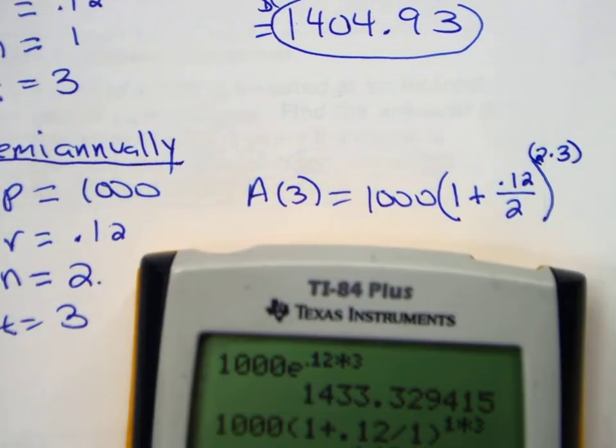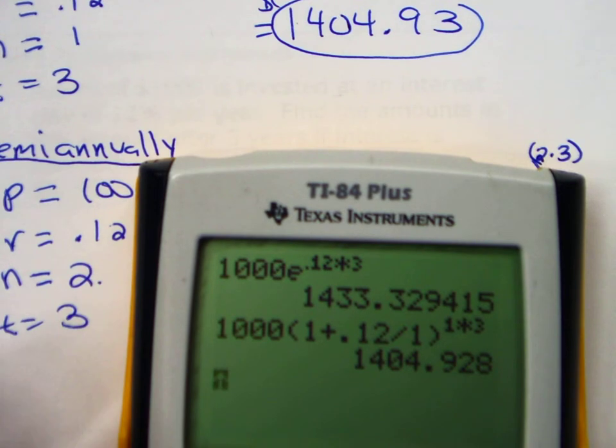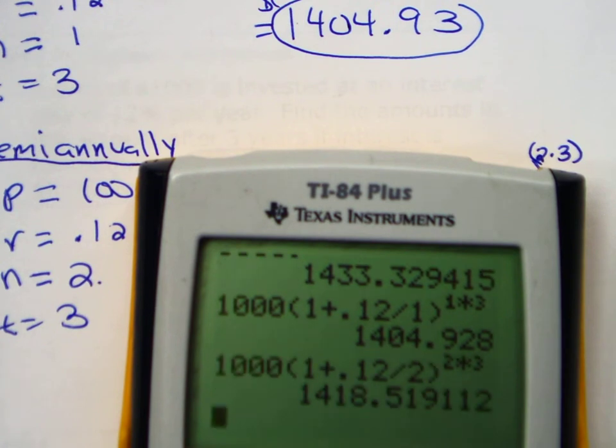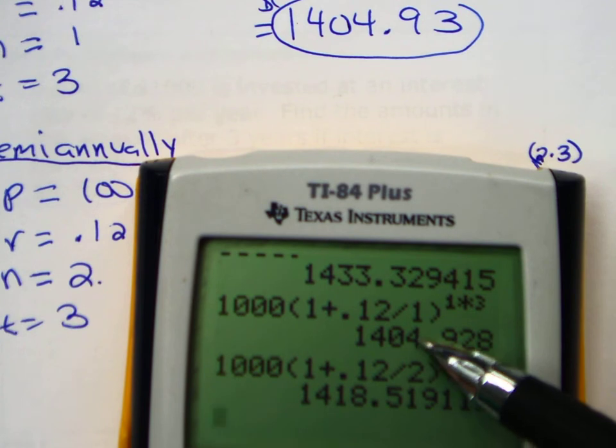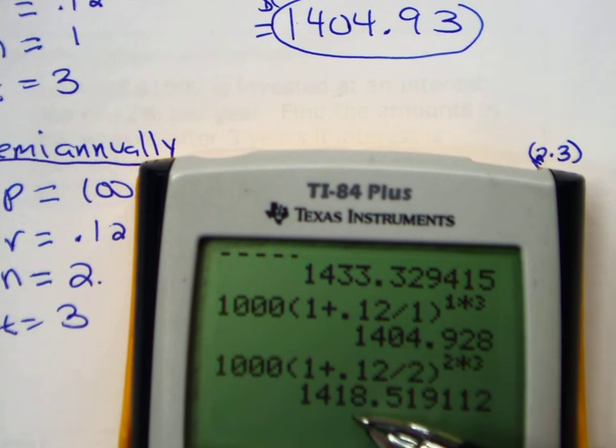So again, I'm super lazy. I'm going to hit second enter, and I'm going to change that to a 2 and that to a 2. 1418. So this one, it went up a little bit, right? Twice a year, it